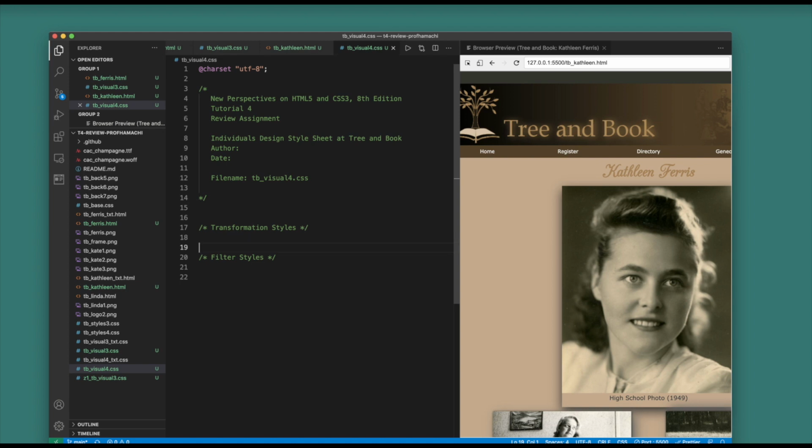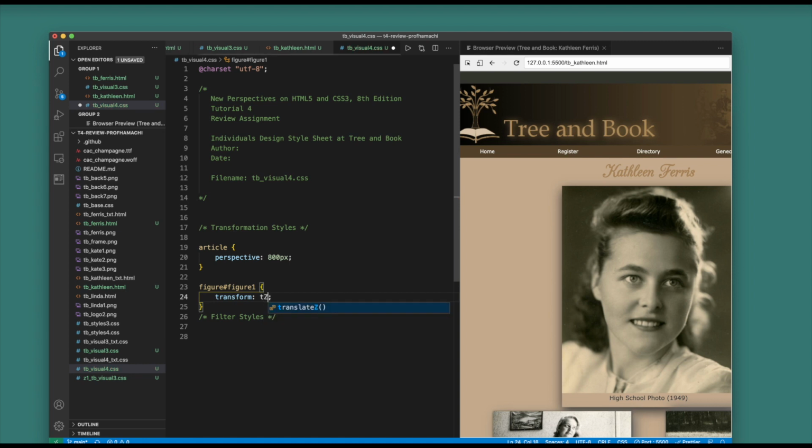For the transformation styles, let's just start broadly with article and set the perspective to 800 pixels. Okay. And what we're going to do here is go through our 3 figures here. So figure 1 is going to be this. So figure 1,